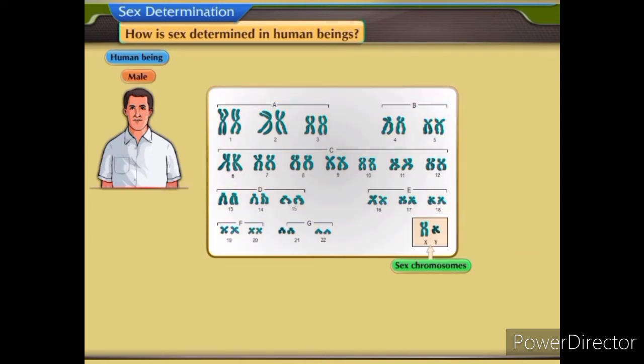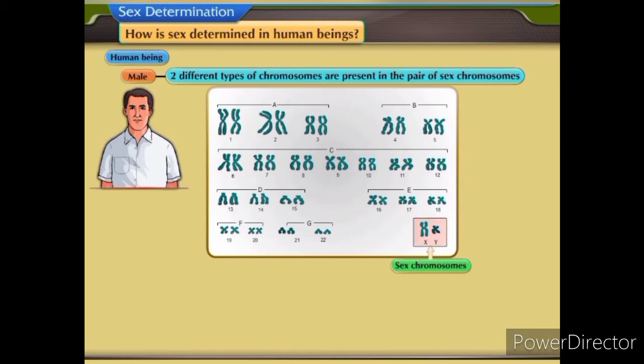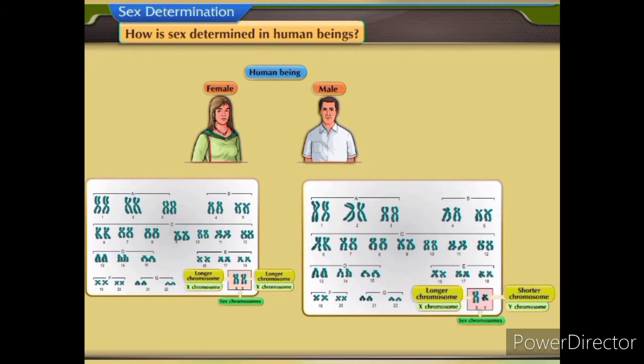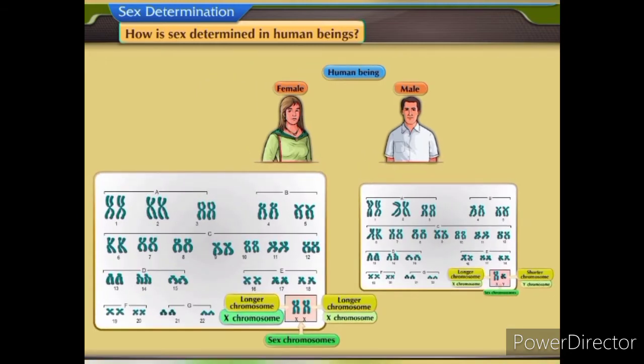In human males, two different types of chromosomes are present in the pair of sex chromosomes. One is longer and the other is shorter. The longer chromosome is the X chromosome and the shorter one is the Y chromosome. In human females, the last pair of sex chromosomes shows two similar chromosomes, that is, two long X chromosomes. Thus, the last chromosome pair of the male parent has X, Y, and the female parent has X